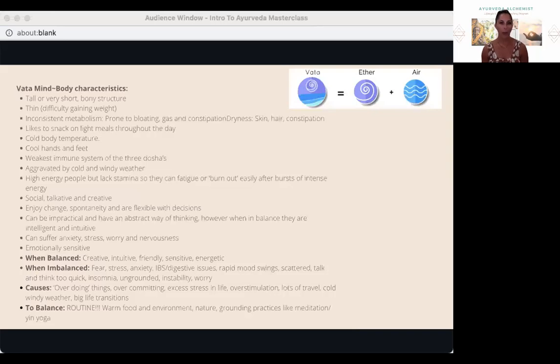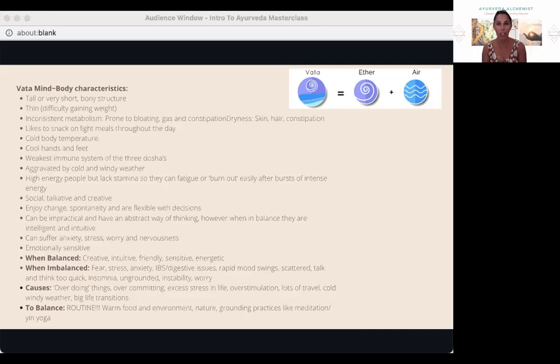So we're going to now go through the doshas. You don't need a dosha quiz to tell you exactly what dosha you are. And as an Ayurvedic practitioner, we look a lot deeper than just the mind-body type of the dosha. So even if you do a quiz or think that you are one of these particular doshas, it's really wise to not get attached to that, because they can change, and that's why we have to change our management of our environment, the foods we're eating and what we're doing at any given time to be able to create that balance. But in saying that, the typical Vata dosha, they're either very tall and thin, or they